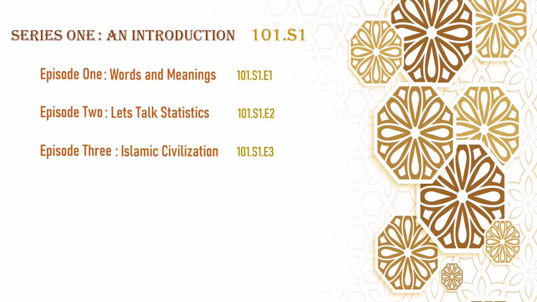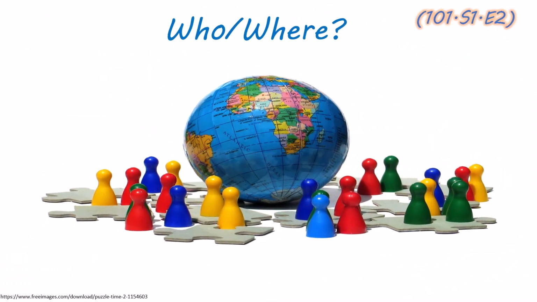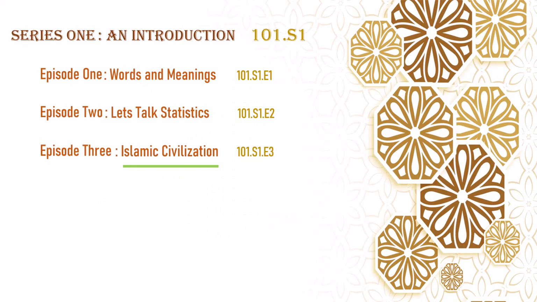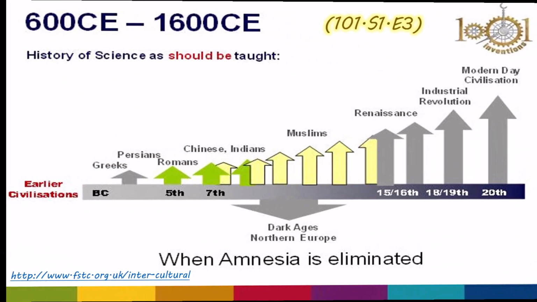In the second episode, I would like to talk about statistics, put out there some numbers, because we will be looking at the W's of who are the Muslims and where do they live, on the global stage. Where are they? So episode 3, we will be looking at the why. Why should I actually be looking at Muslims and look at Islam? What did Muslims contribute? So I'm going to focus on Islamic civilization.